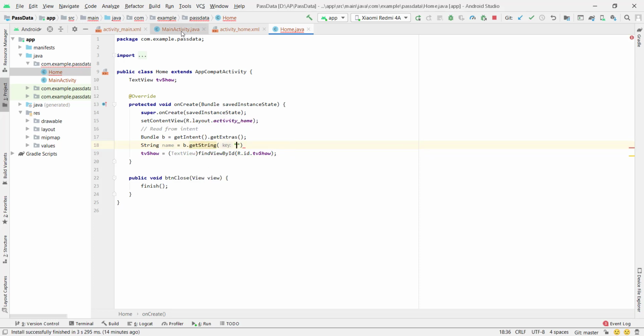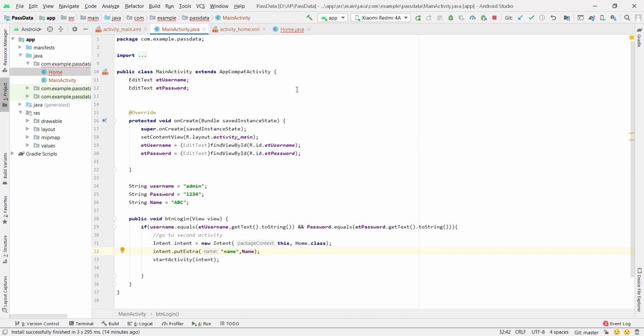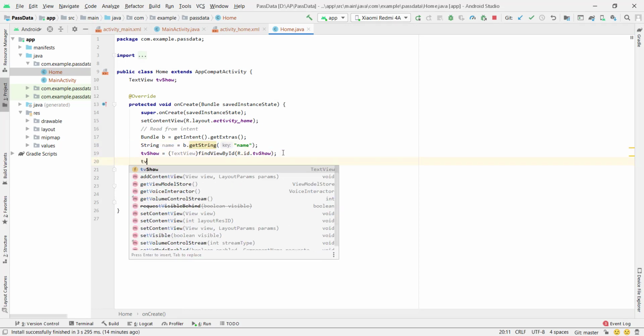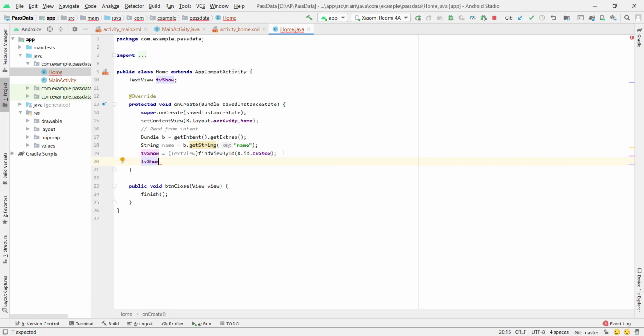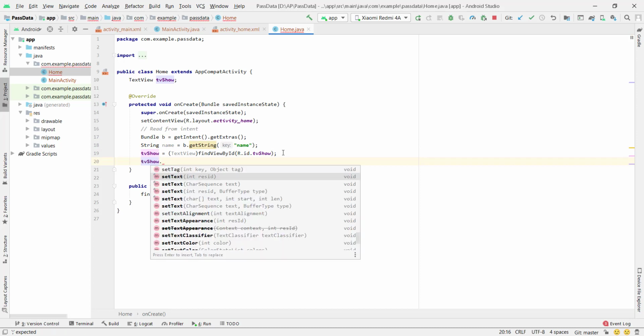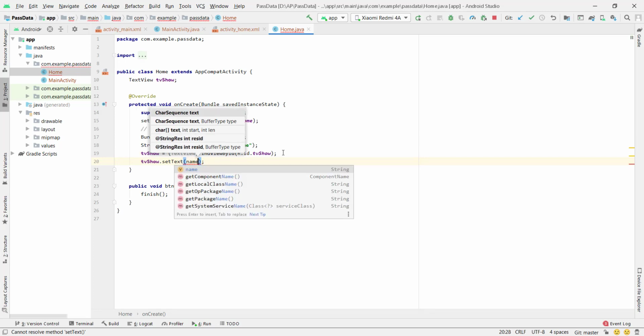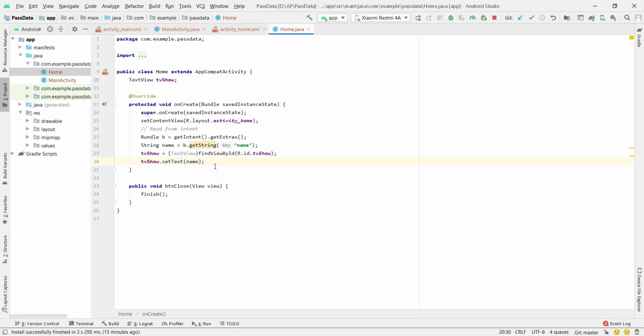Our key is this one, this name, so we have to pass that here. So name. Yeah, now we have to pass this data to this TextView. For that, our textViewShow dot setText. Inside that we have to pass our data, that is our name. Yeah, now we are done with sending the data from the first activity to the second activity.